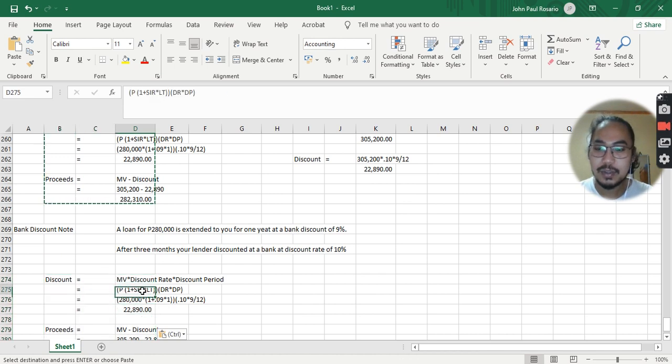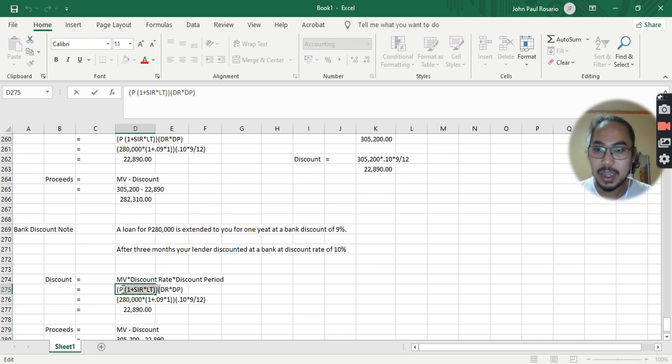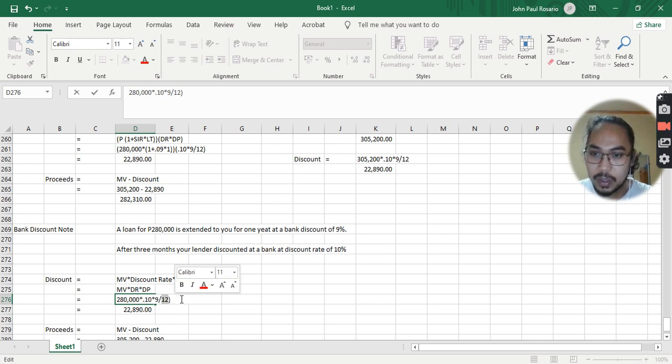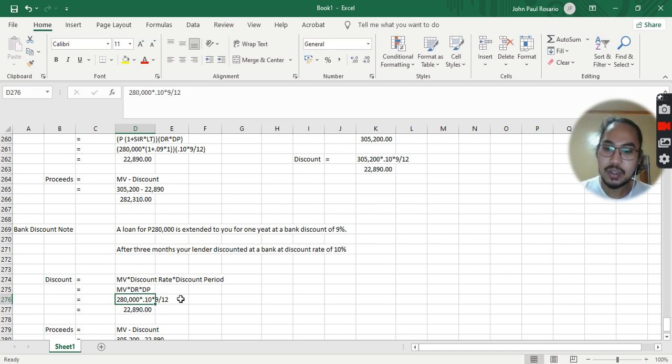Simply like this. We go straight to MV times the RDP, or the MV or the face value. So here we no longer have that part, so our maturity value is just 280,000 multiplied directly by the discount rate and then the discount period. So this should give you a discount of